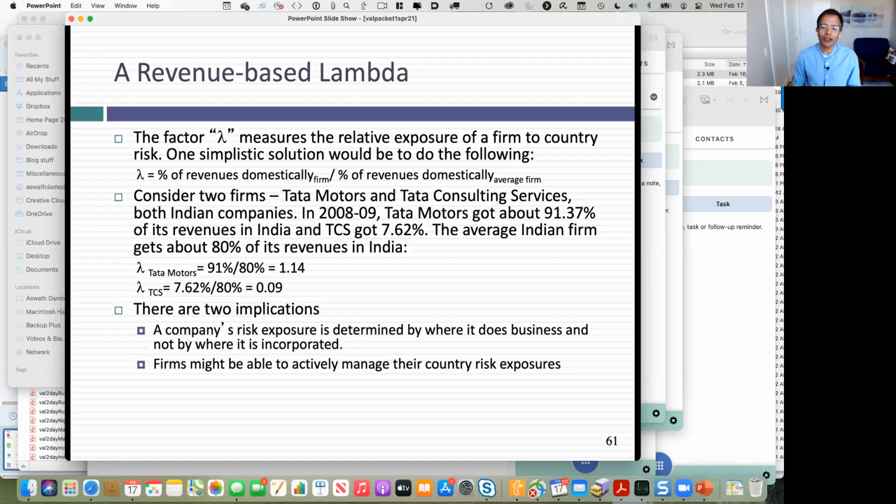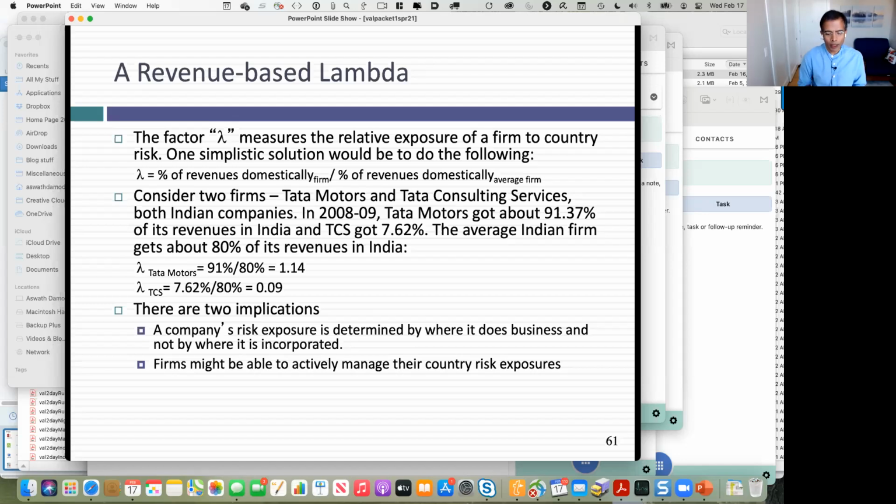But I latched on to a measure that I actually stole from how we think about betas. When I ask you what's a beta for a stock, what do we do? We take the returns from the stock, regress it against a market index, right? The slope of the line is the beta, because it measures how much my stock moves when the market moves. I said, could I steal that concept and use it to measure lambda? Think about it. What am I trying to measure with lambda? How exposed is my company to changes in country risk?